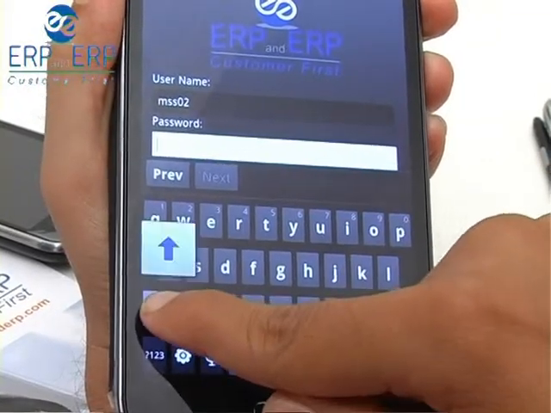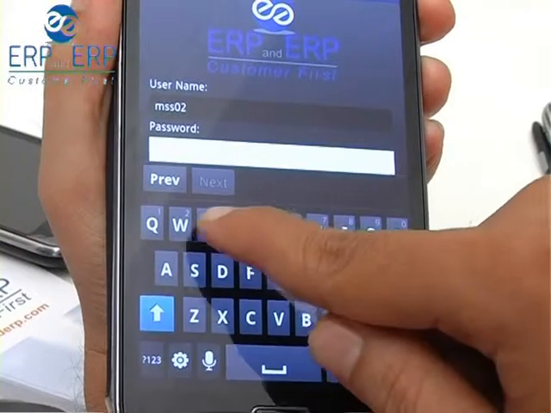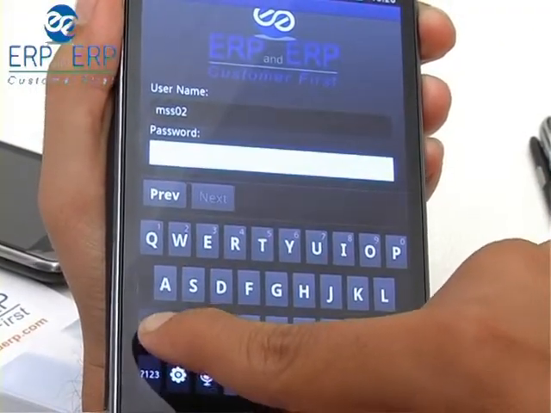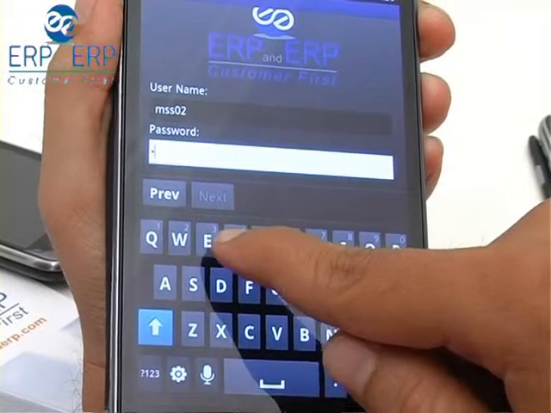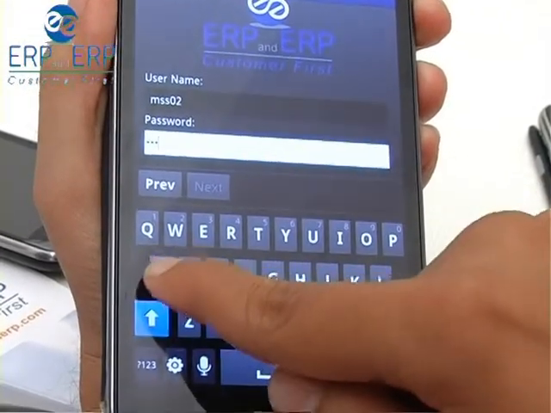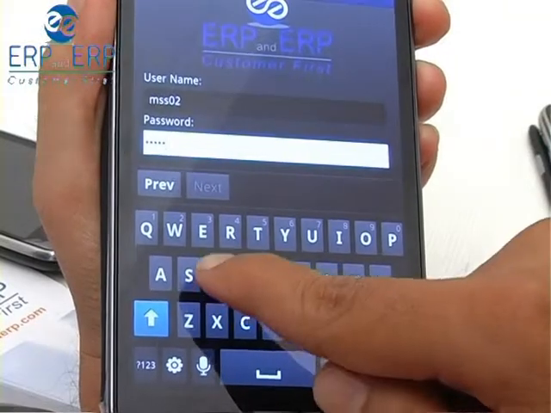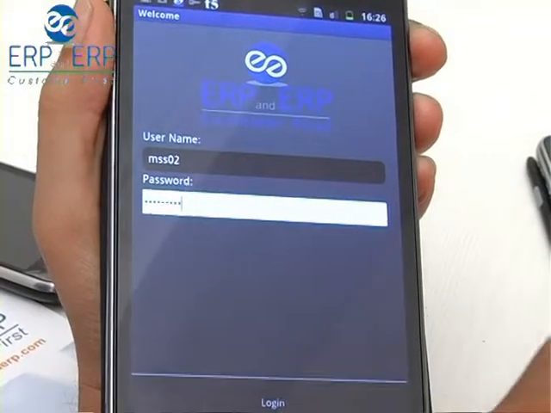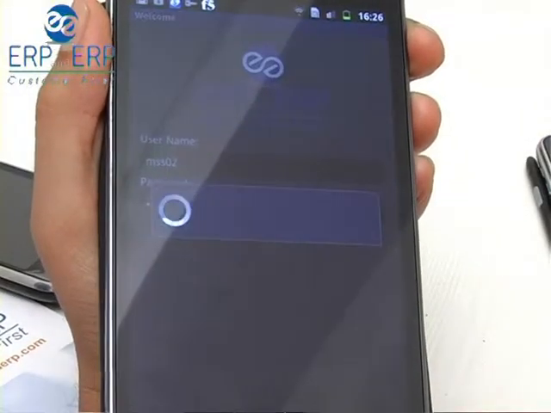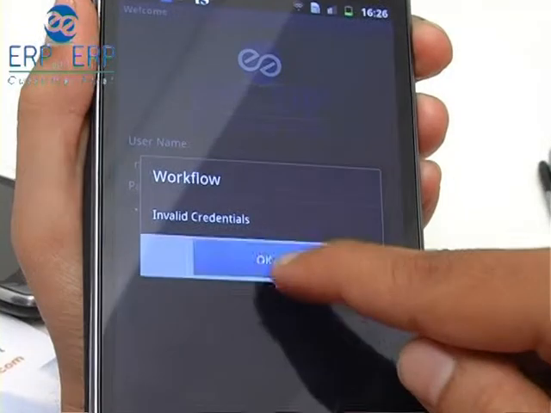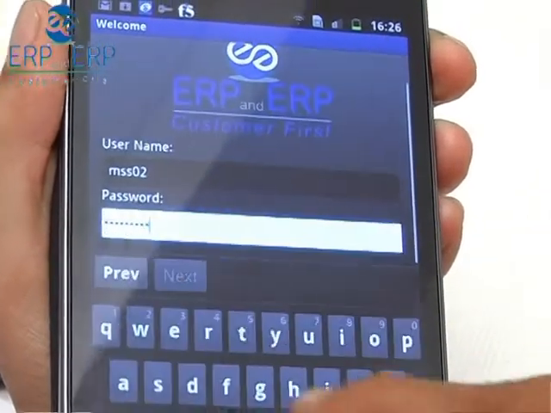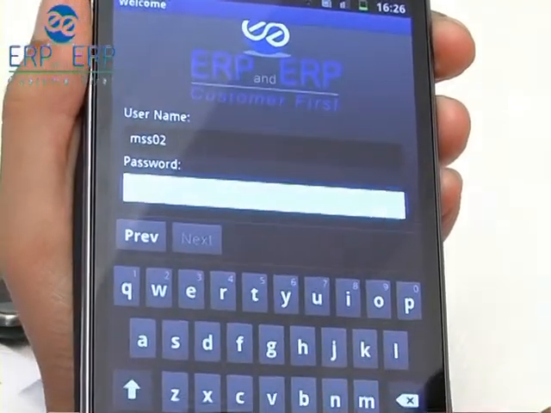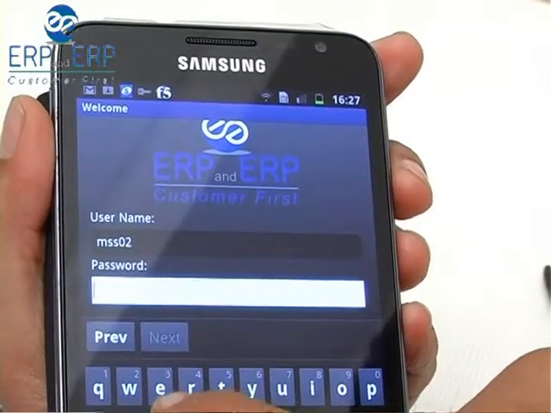Your manager can just log in with their credentials, the same ID which is used in the SAP system. If by any chance wrong credentials are entered, an exception is raised. This validation happens in sync with backend SAP system. Now let's try entering the correct credentials. Let's enter the correct password.